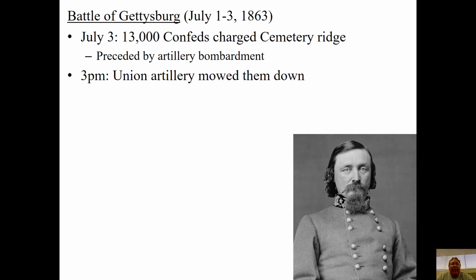And by about 3 p.m., Pickett and his men start moving out of the trees across this open ground to attack these Union troops that are dug in on a little ridge called Seminary Ridge. And there in this open ground, the Union troops just wait. They really haven't been devastated by this Confederate artillery. Most of it missed them. They're pretty well protected there, and they wait.